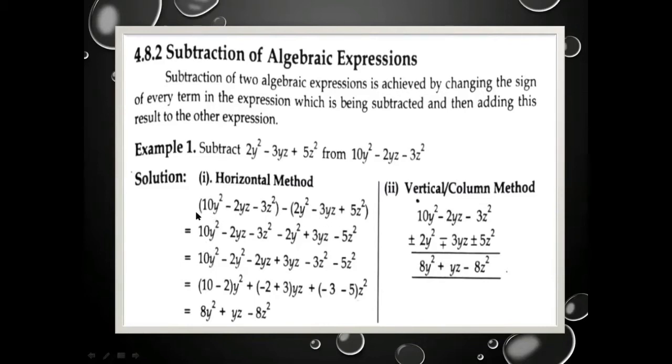Now open the bracket. We consider before the first bracket there is a plus sign. When we multiply plus sign by all terms, their sign will be the same. There will be no change. But when we multiply minus sign with all terms, their sign will be changed. Like minus plus minus. Minus minus is plus. Minus plus is minus. In this way, we have opened the bracket.